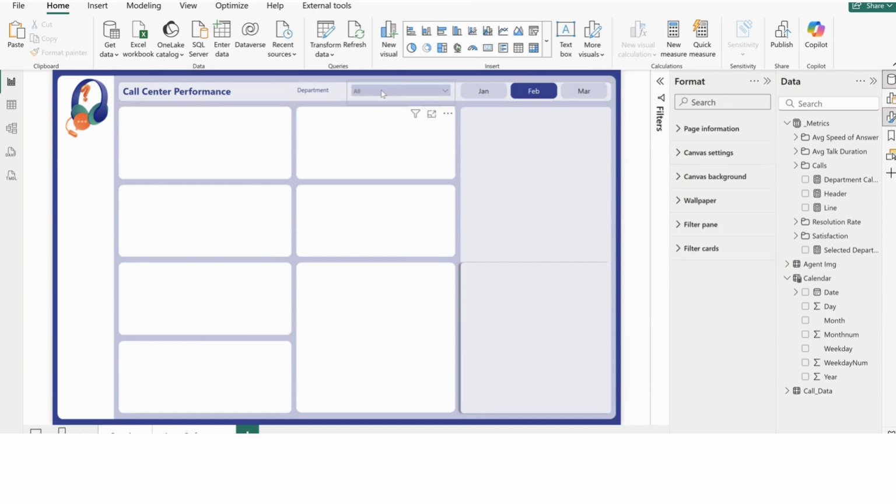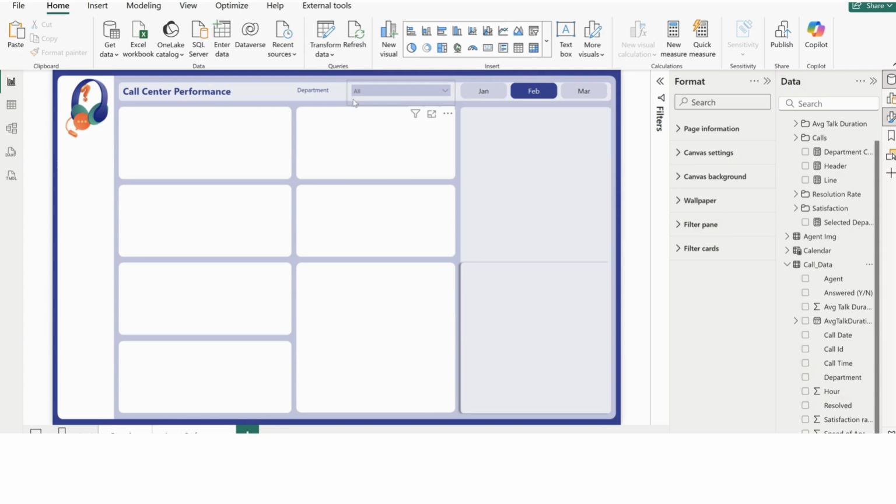Okay, so the department, look at it. I pick it from the call data department. So you can see department here. That's what I chose here. So it's selected for this one. I've shown it already. It's from the month. Okay, so let's start with our